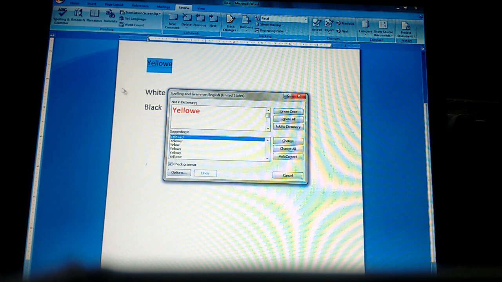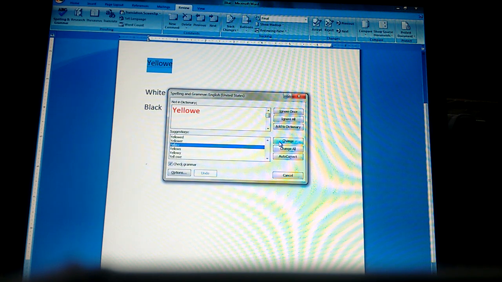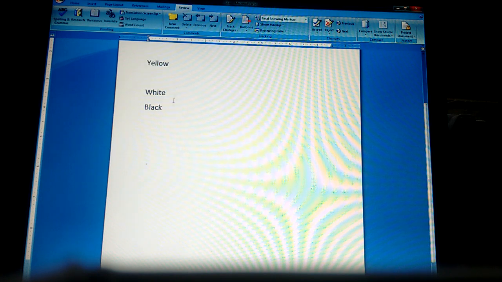Then the spelling and grammar dialog box will appear in front of us, and you can see the wrong spelling here, this is not correct, and in suggestions you can select from here which you need, "yellow" spelling, and then you will click on the change option. And if you have written yellow spelling in so many places on your page, you can click change all, so on the complete page it will be changed at one time. Okay, so we will change from here, it will be changed. You can see here there is no grammatical mistake and no spelling mistake. Okay, thank you.